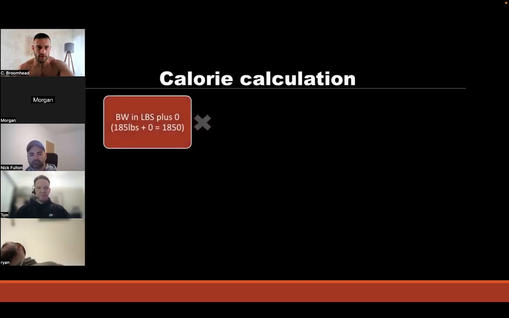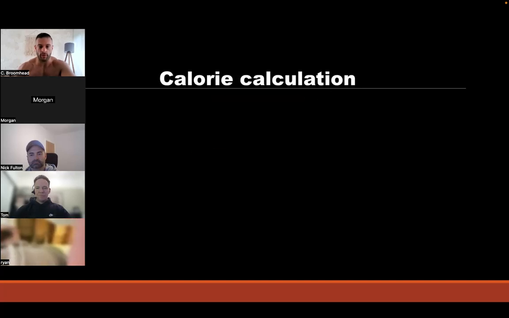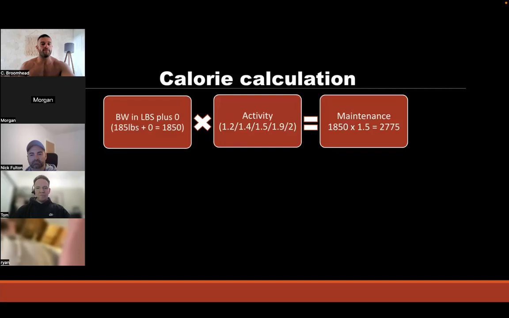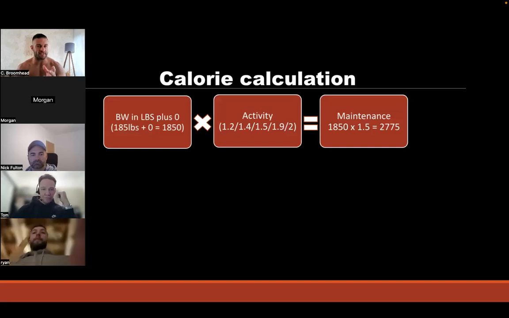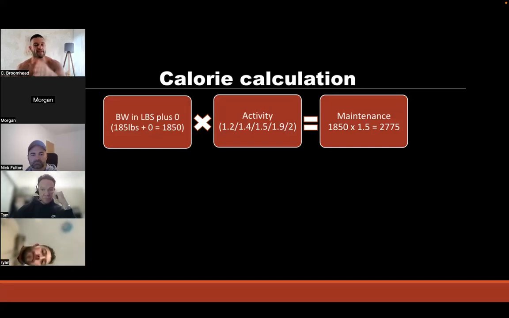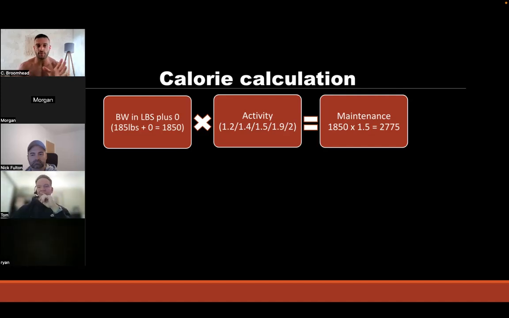So, working out your calories. This is one way. It's not the only way. So we've got body weight in pounds. You can find these calculators online in lots of places, by the way. Then activity, so how active you class yourself as. I usually say I'm very active, but it depends, mine fluctuates. When I was on the gym floor, certainly very active. Sometimes now I'm at the desk, not so much.